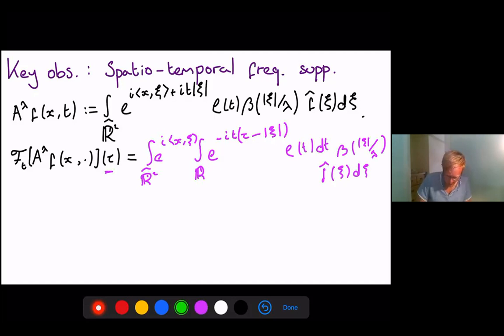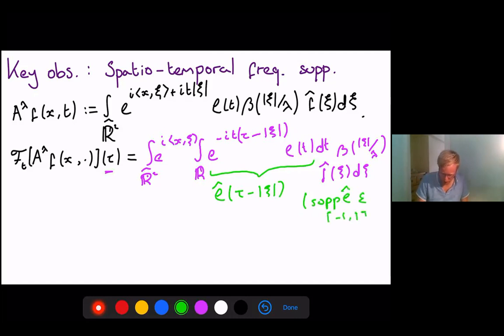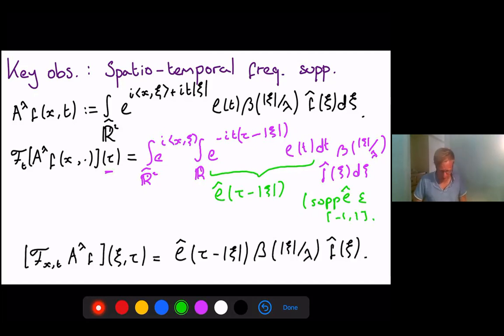And what we notice is that this inner integral is simply the Fourier transform of our rho cutoff, evaluated at tau minus norm of xi. Okay, and remember this rho was chosen to have Fourier support in a compact region. So we have the special support properties for the tau, xi variables coming from this. Okay, so I'm just going to rewrite this. So if we now take the x